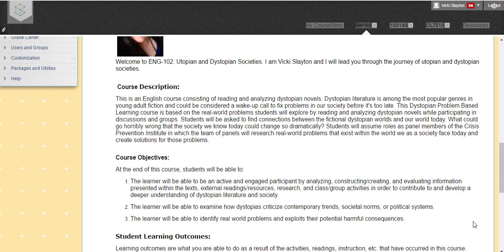The overall course objectives: at the end of the course, the students will be able to be an active and engaged participant by analyzing, constructing, creating, and evaluating information presented within the text, external reading, resources, research, and class group activities in order to contribute to and develop a deeper understanding of dystopian literature and society.